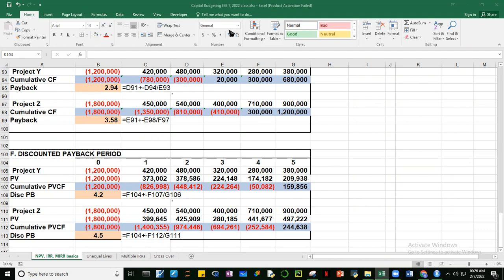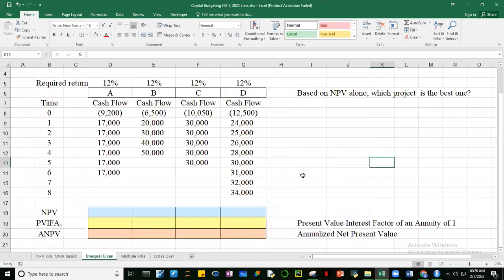Okay, good. All right. So reality check. We have mga 20 more minutes. Okay, pero we have three more worksheets here. Okay, let's quickly do this unequal lives. Okay, yung unequal lives, guys. Okay, if we take a look at this,